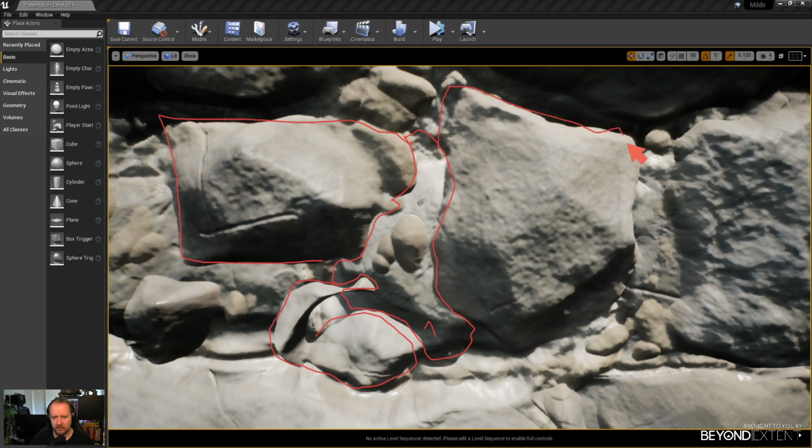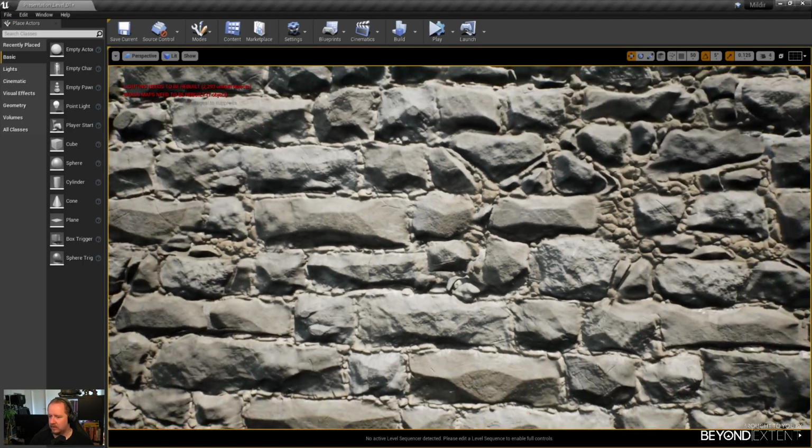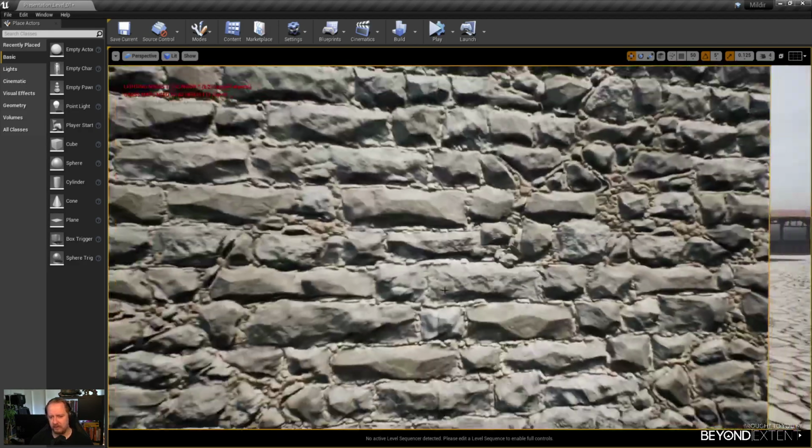So there is some intersecting happening for sure, but you can't really see it unless you're really up close. It's not too bad. Yeah, it works nicely, right? Unless you really zoom in really close.